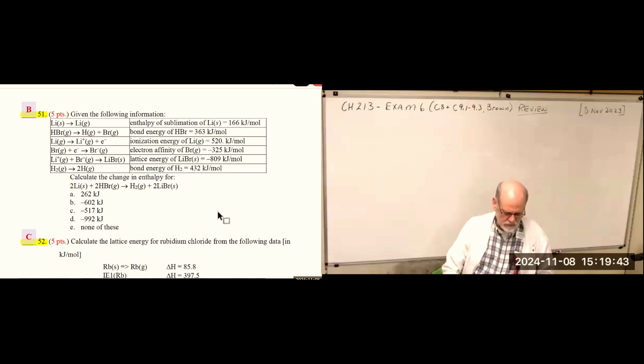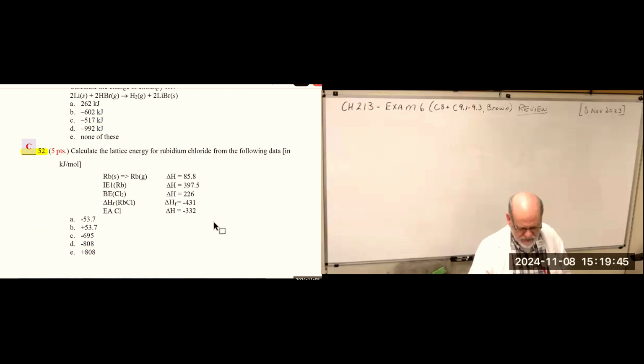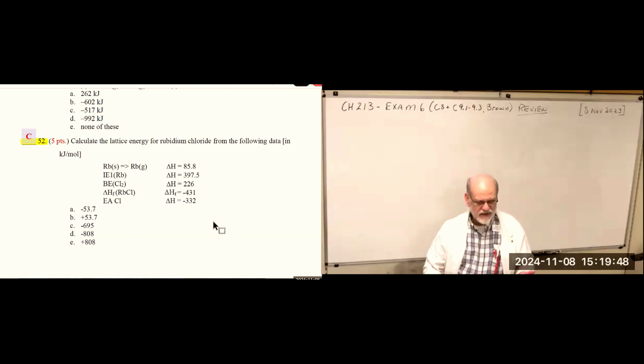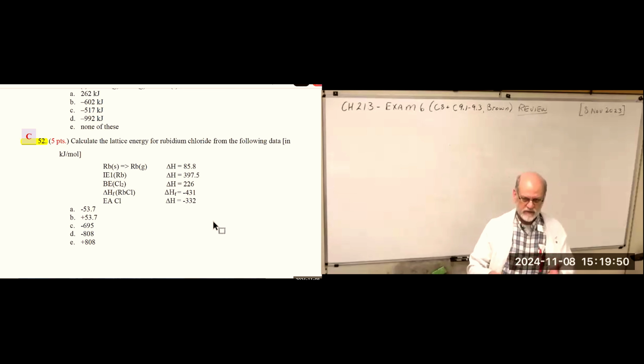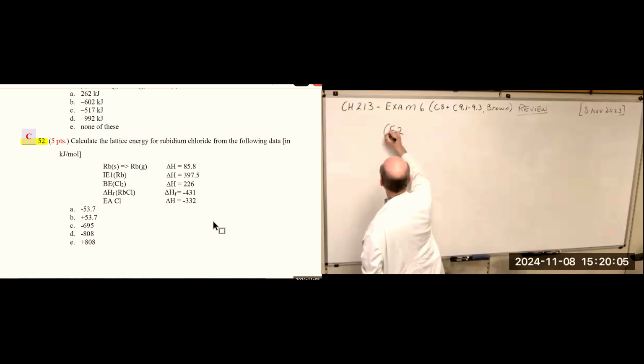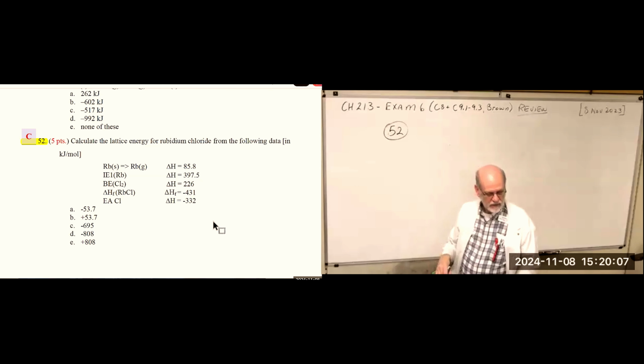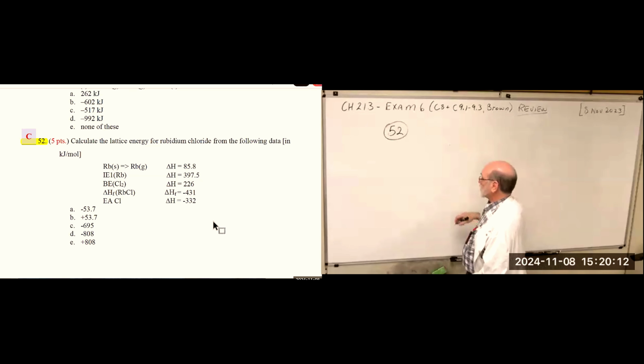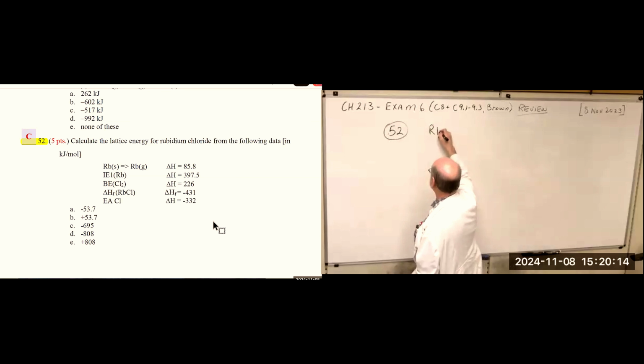I want to go to 52 because it's essentially the same thing, only it's got abbreviations. And you have to know what those abbreviations mean and the reactions that are assigned to those abbreviations. So I think 52 would be more valuable to you guys. Calculate the lattice energy of rubidium chloride from the following data. So our target equation is rubidium